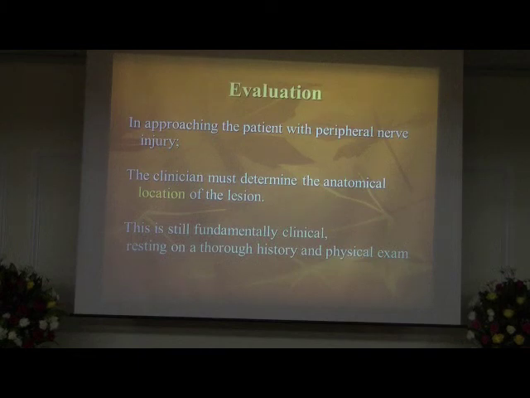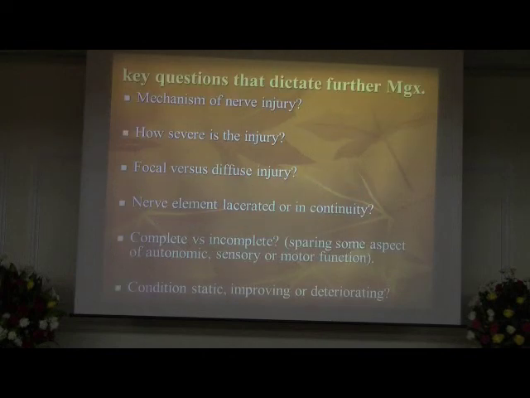ability to localize the lesion, determine the nerve injured, whether it's a complete or incomplete injury, which part of the nerve, and where exactly in the nerve the injury is. A key question that a resident or a specialist or anyone who deals with nerve injury needs to answer is, first of all, from the history, to understand the mechanism of injury. It makes a big difference when we deal with peripheral nerve injury, because based on the mechanism will be